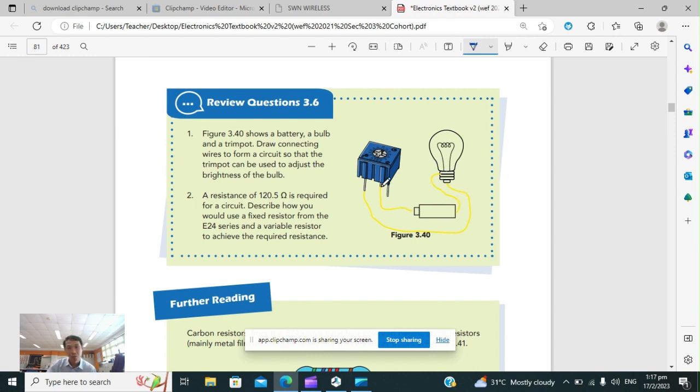But I told you it's also a good habit to short the wiper and the unused leg, so that if there's a break in the variable resistor inside the component, the bulb will still light up. Okay. So this one, clue, always use a fixed resistor in series with the variable resistor. But always remember to check the E24 series to find out the exact value of the fixed resistor you want to use. Okay,